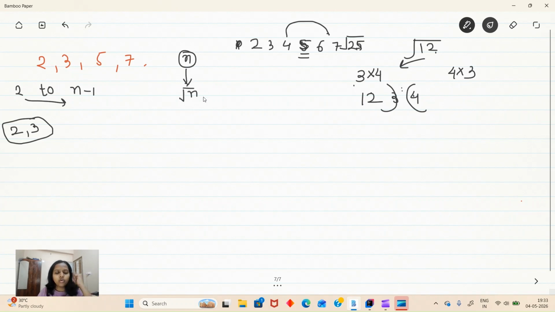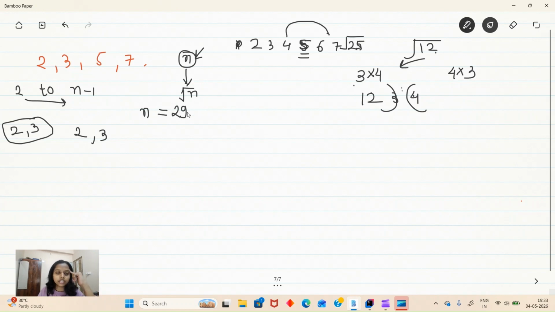This is one thing. Now, how can we optimize further? Let's consider some number n. First we will check if it is 2 or 3. If it is 2 or 3, we will directly return that it is prime. Now consider n is 29 and consider we are going till n, not root n, just for now to understand, because otherwise we would have to calculate the square and take the root. Now I will check if it is divisible by 2 or 3.